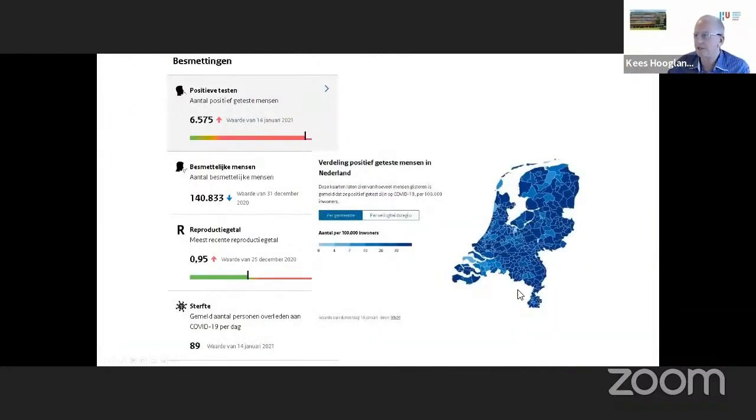For instance, this is the Corona dashboard of the Netherlands. And even if you don't understand the language, you can still see that probably 80% of the information here is numeracy information. There are numbers, absolute numbers, relative numbers. Even the map is not a map of the Netherlands, but is a graph with densities. That's the way the government nowadays communicates with its citizens. And they assume that everyone understands it and that they make sensible decisions based on this information. That's a very interesting assumption.